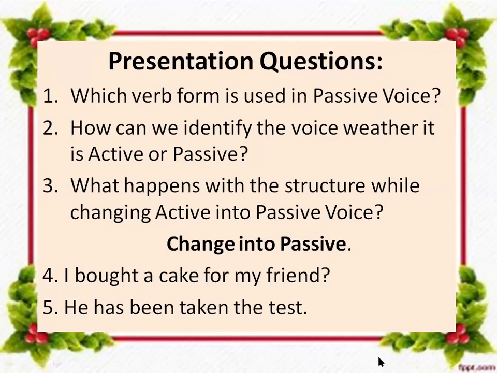Everybody is making some mistakes. But it has been, had been, you people are changing has been into had been. Why are you changing has been into had been? We don't change this helping verb form. We use this helping verb according to the active sentence. We just have to change the passive sentence over here. The test has been taken by him.